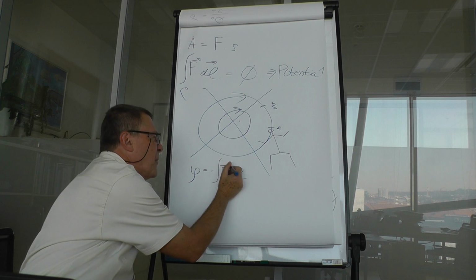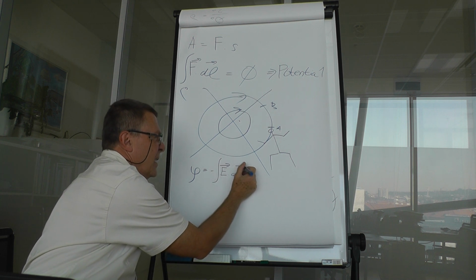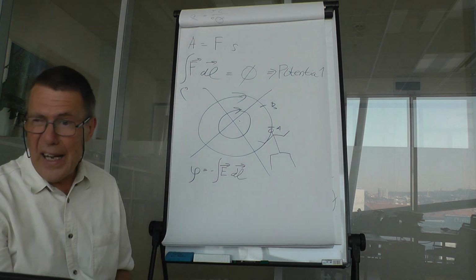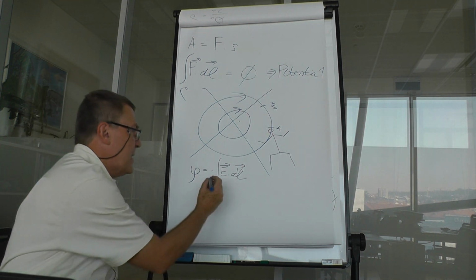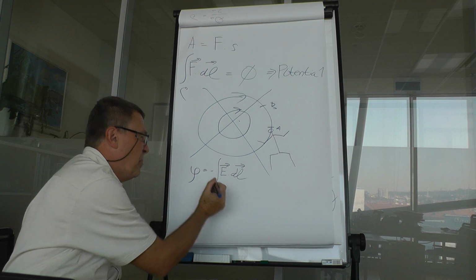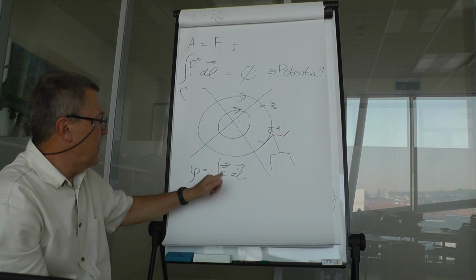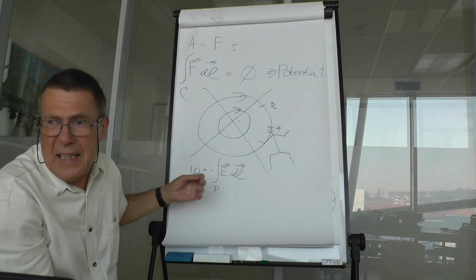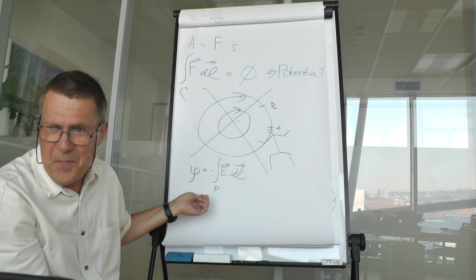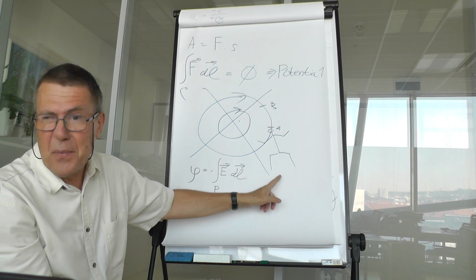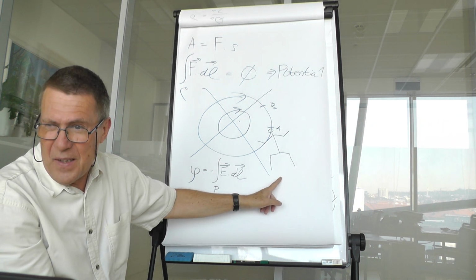Now E is the field strength, dl is the element of a line. We can choose any path P between the place of observation, that is the place where we calculate the potential, and the place with zero potential,